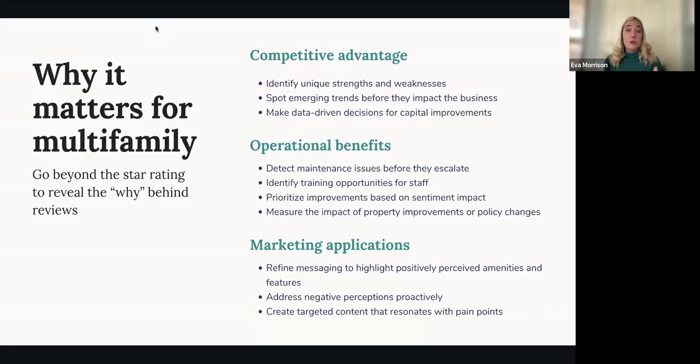And again, it's helping us create more targeted content to really reach the right type of renter. Since now we know the ideal profile of someone, what are the things that they're really resonating with and enjoying at this community, we can build really custom targeted content, use our marketing dollars even more effectively, and be really confident in the way that we're using our marketing spend.